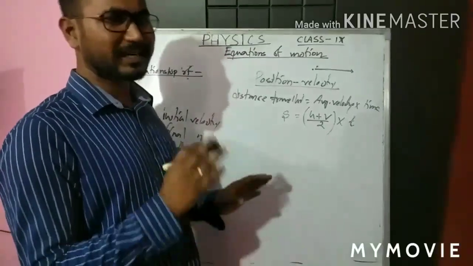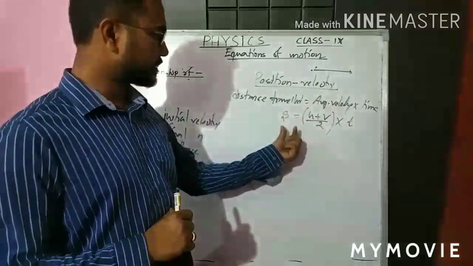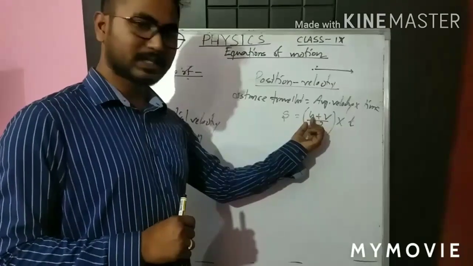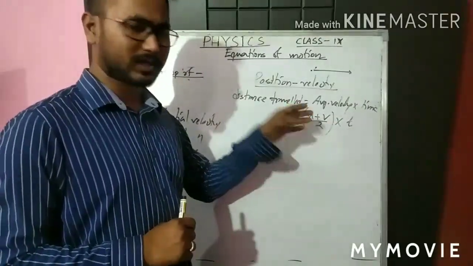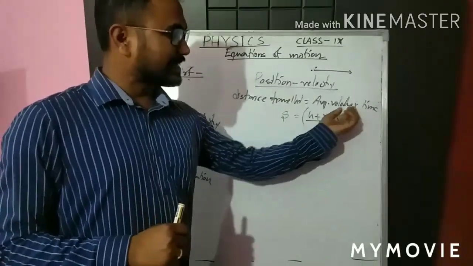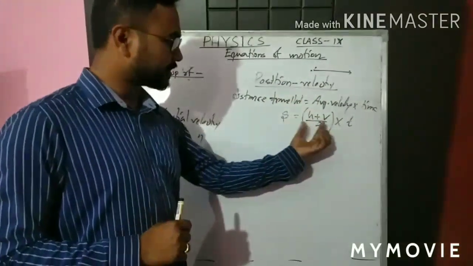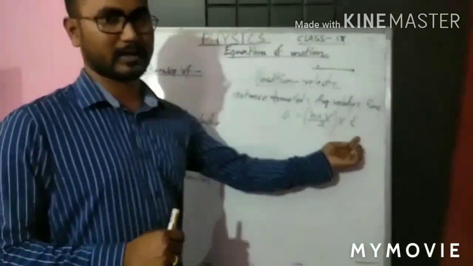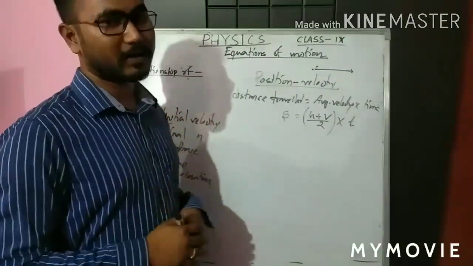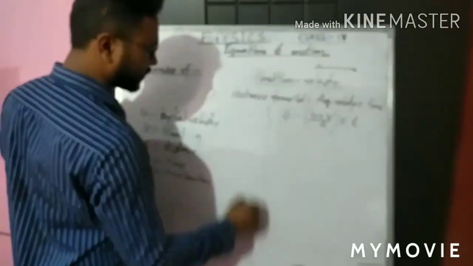Now here again you have to see which relationship you are finding out. Here we are finding out the position velocity relationship. That means S versus v. u is constant, so you are not considering u here. Now t is another variable. As we are finding out position velocity, that is S versus v, t should not be there. That means you have to replace t. The question is where from I will replace this. Again you go to the first relationship.